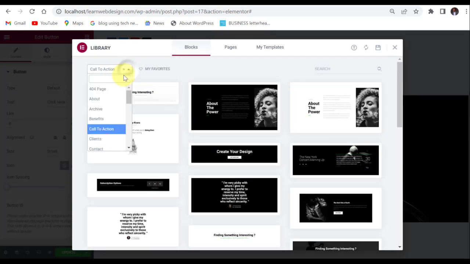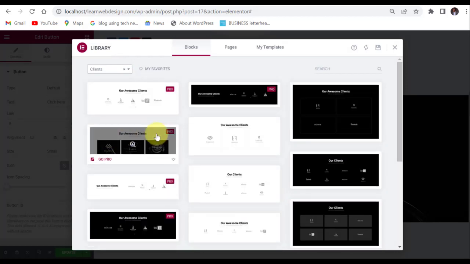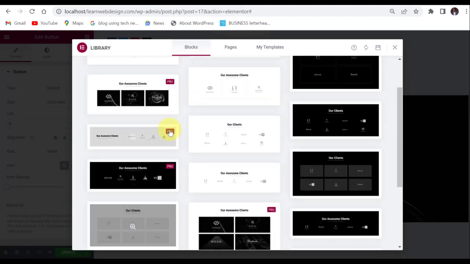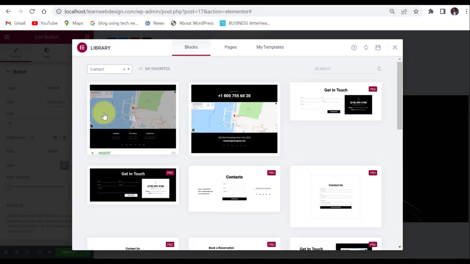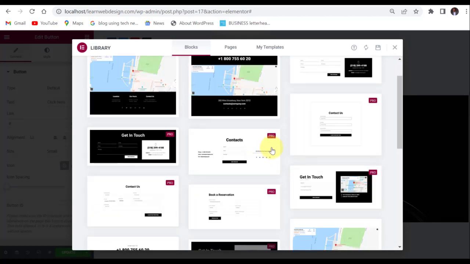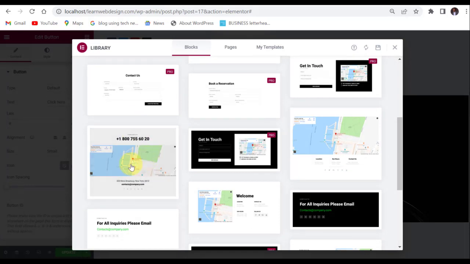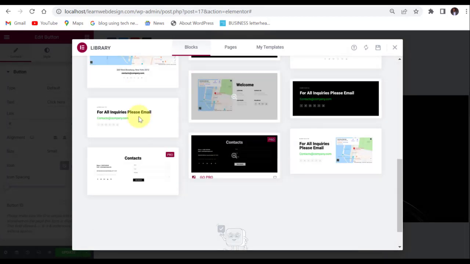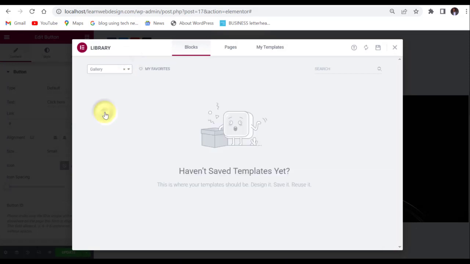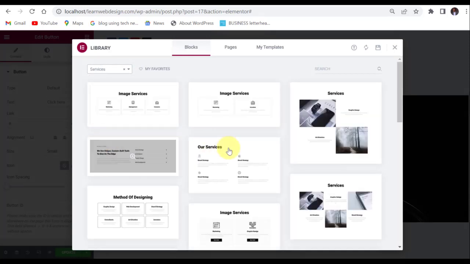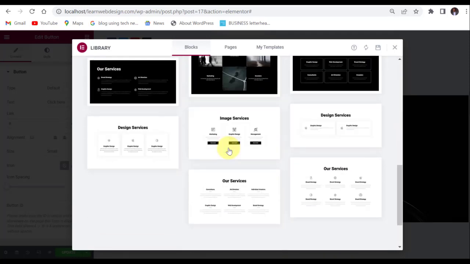So look at clients, come down to contact. You have all these sections here. On your contact page, you can use them. This Google address you can use on your pages. Of course, you have gallery. Oh, there's nothing on gallery. You have pricing, services. See all this. So all you need to do is just select it and